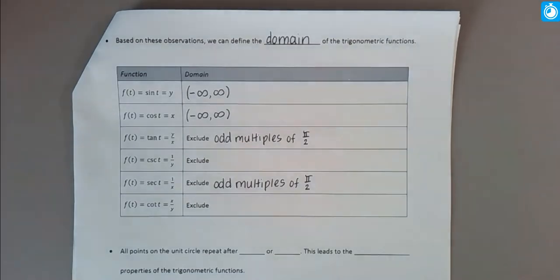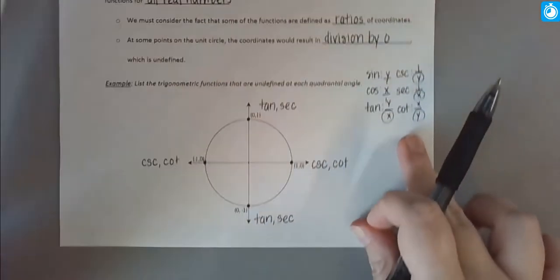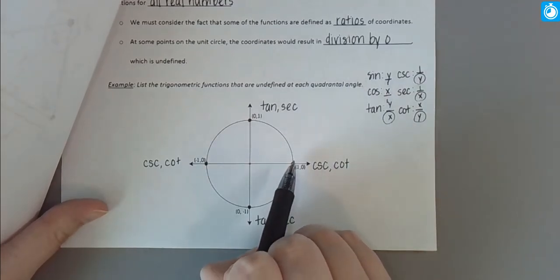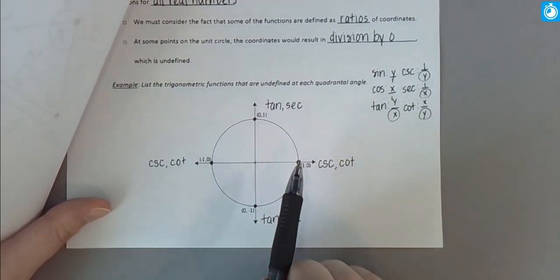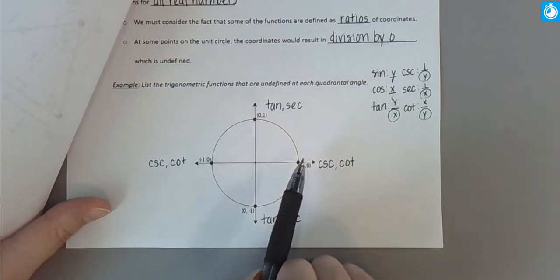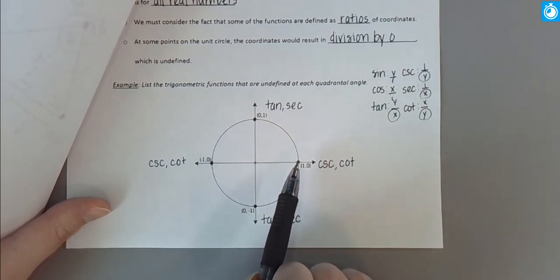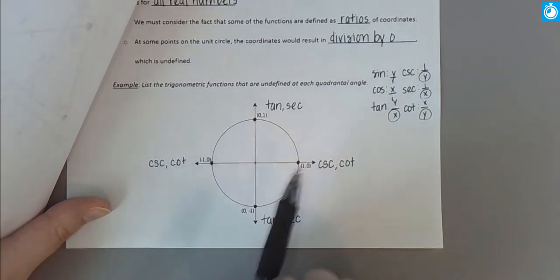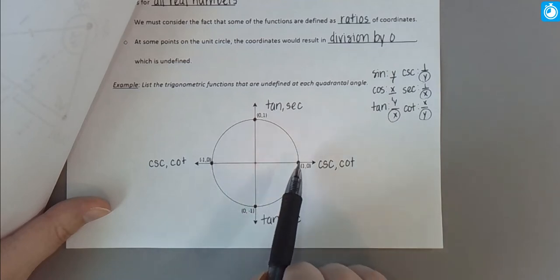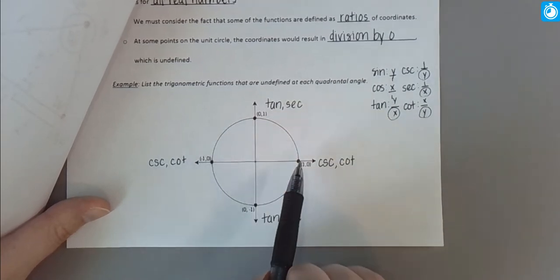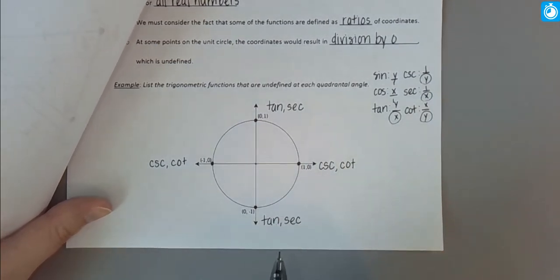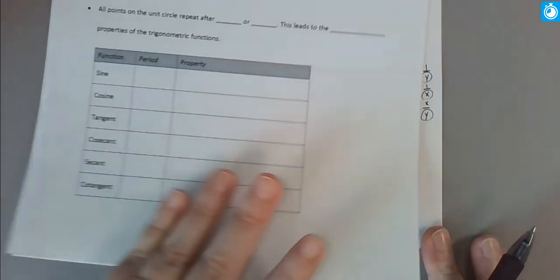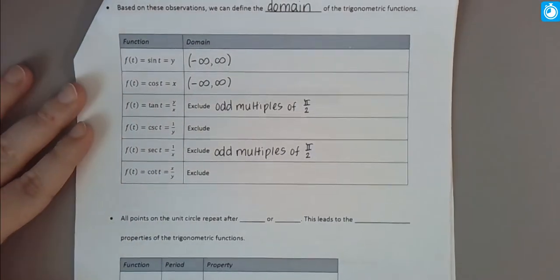Now what about cosecant and cotangent? Again, let's flip back over and look at the picture. So cosecant and cotangent were undefined at 0 degrees and 180, or 0 and pi radians. And again, if we continue to rotate, anytime we ended up with an angle that's coterminal to those, there's another way to use that term. Anytime we end up at a coterminal angle, they're also going to be undefined again. So 0, pi, 2 pi, 3 pi, 4 pi, or backwards 0, negative pi, negative 2 pi, negative 3 pi, so on and so forth. So the pattern here is any radian measure we hit where it's a multiple of pi, cosecant is going to be undefined. So for our domain, we're going to exclude